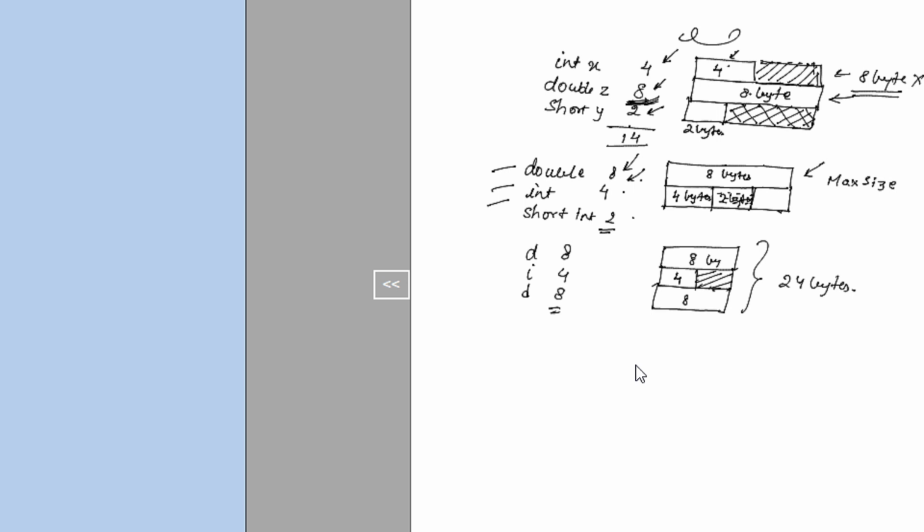So when you were keeping 3 bytes, because the next data type was 8 bytes, in that case your 5 bytes would have been wasted, and then it would have been followed by 8 bytes, right? So let's say hypothetically you define a character array of 3, right? And then you keep a double after it, right? So 3 bytes would have been occupied. Then because the next element is 8 bytes, you cannot fit the 8 byte element into a 3 byte character array. So it will skip the 5 bytes to maintain the alignment and then assign 8 bytes, and so on and so forth.